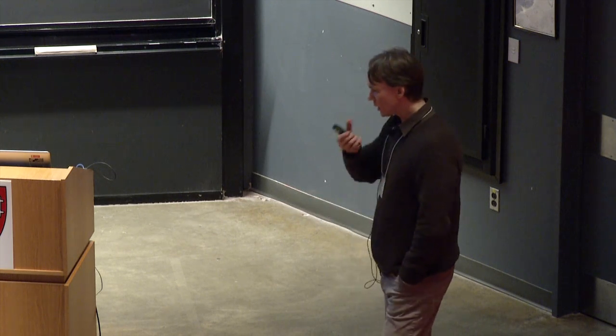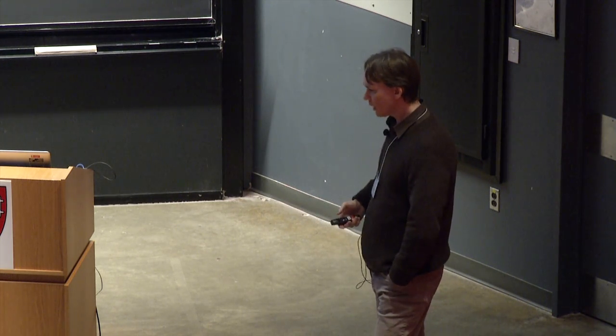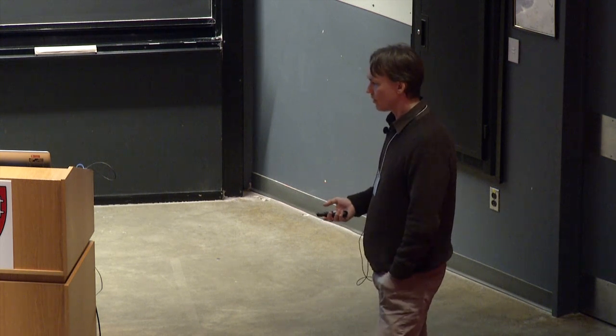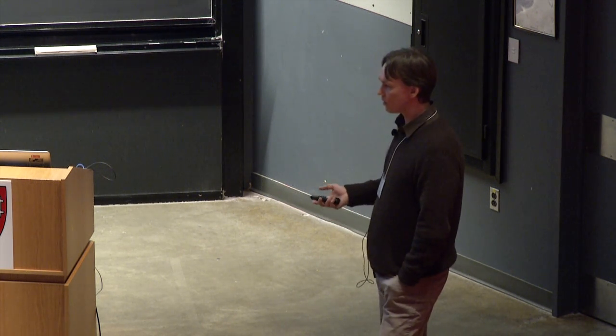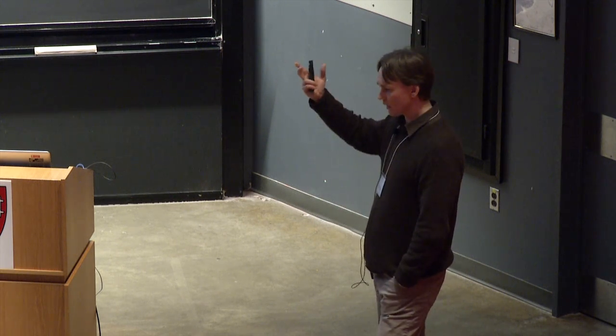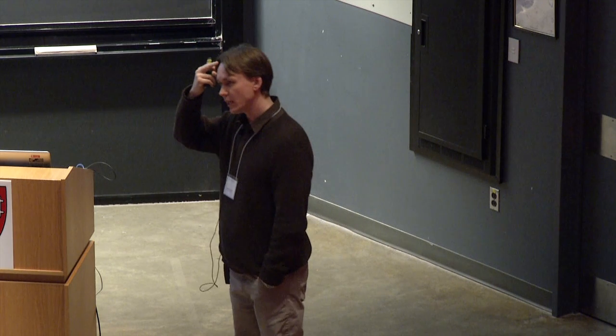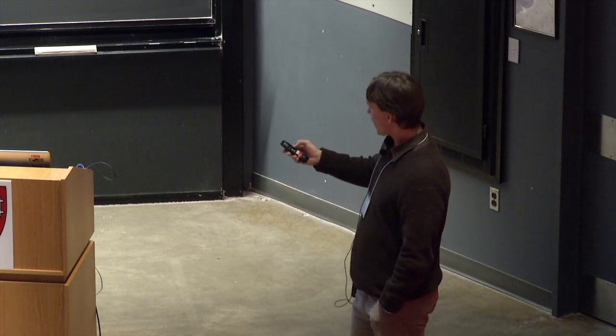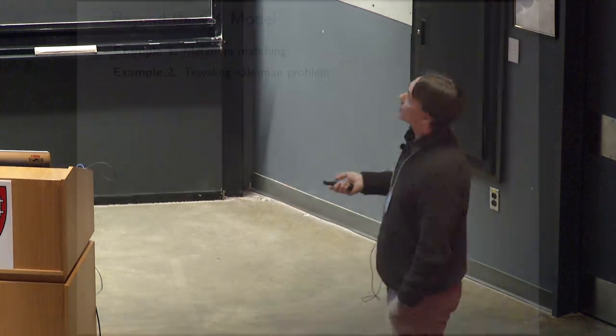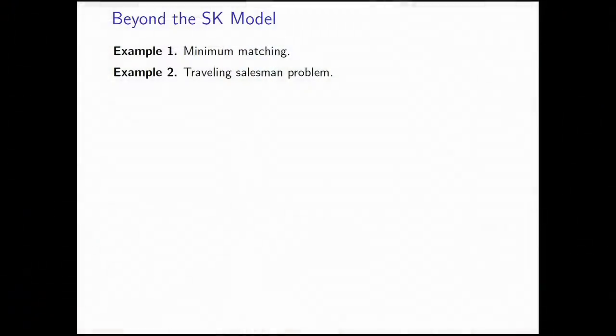Since I will talk in these two talks about the Sherrington-Kirkpatrick model, I want to mention that after Parisi discovered this solution, physicists applied it to many other kinds of problems, including random combinatorial optimization problems. Just to show a couple more examples of these success stories, let me mention minimum matching and the traveling salesman problem. Both of these are in the same setting of what is called the mean field random distance model,